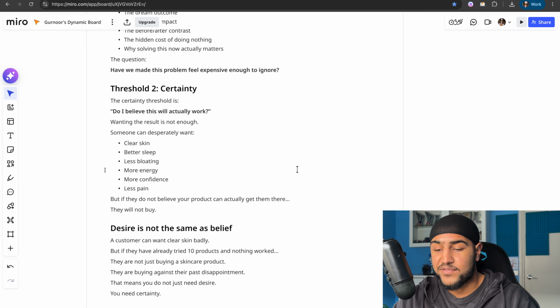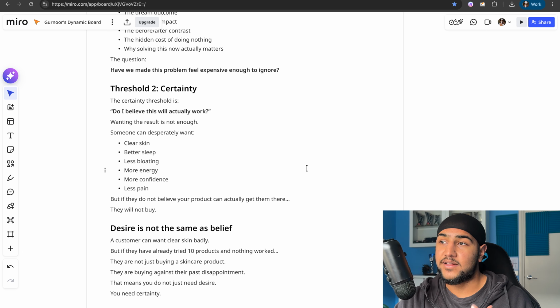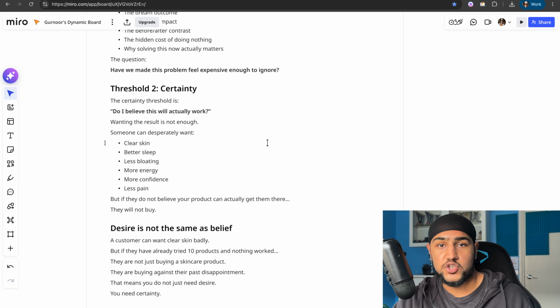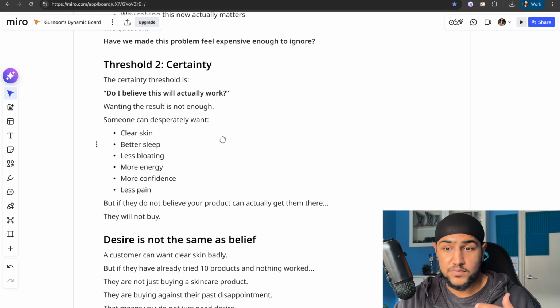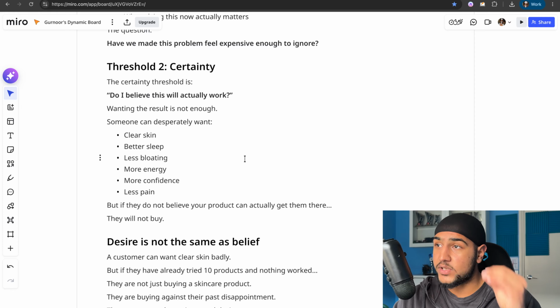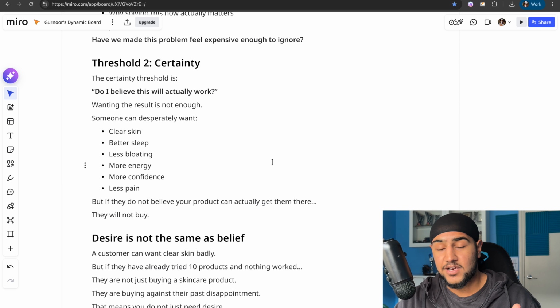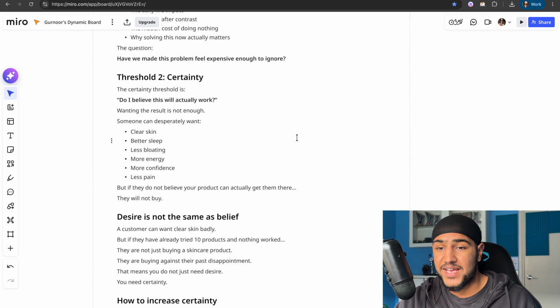But you find sub avatars that have a lot of pain, right? That are in so much pain that they're just willing to actually go ahead and try stuff. Because the more pain you're in, the more action you're actually going to take. And this relates to everything in life, literally everything in life. If you're not in pain, you're not going to take action. Think of the last time you got a little bit proud, you got a little bit comfortable, you just weren't in enough pain to actually take action to grow your business. That's just an example. So threshold number 2 over here is certainty.